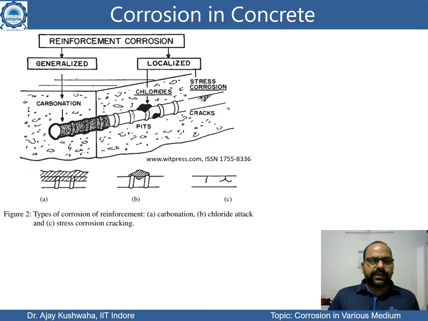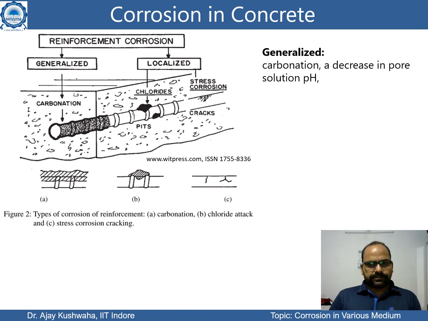Here if you see figure 2A, it represents an overall corrosion in a steel bar. Here you see it's localized or very specific structure damage. Here you can see the structure looks the same, but these cracks are there. That is basically due to stress corrosion cracking. So these three kinds of corrosion usually happen when a steel bar is inside the concrete.